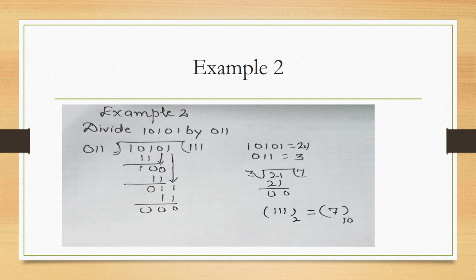Let us learn example 2. Divide 10101 by 11. As we have seen, 0 given before 11 has no meaning. So we take the number as 11. So first we take 101 and write 11 at the bottom. We got 0 after subtracting 1 from 1. And 0 minus 1 is not possible, so we'll take the number from the left-hand side, that is we are borrowing. 10 minus 1 is again 1.